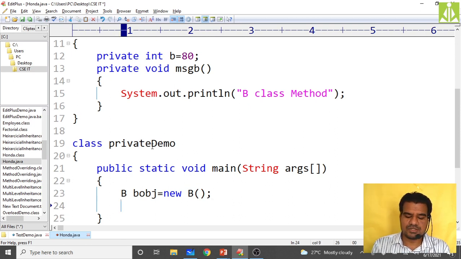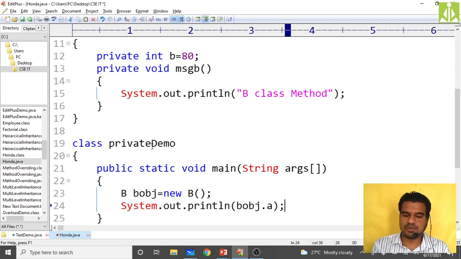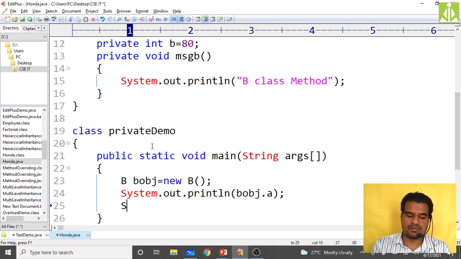Now using this bObj I'm trying to print System.out.println of bObj.a. Is it possible? Not possible. You will get a compile error over there.